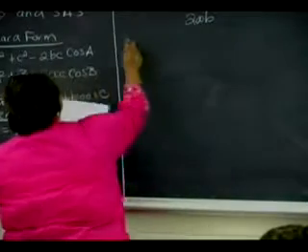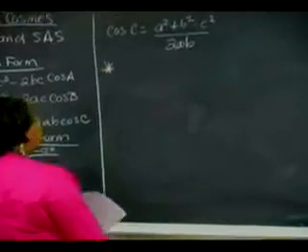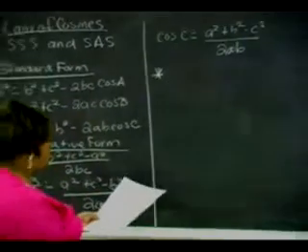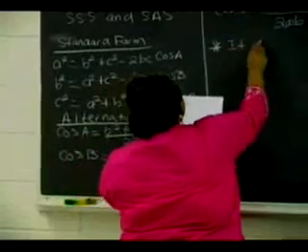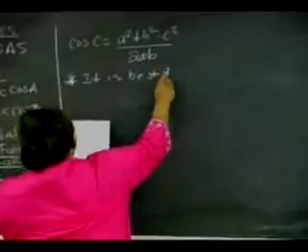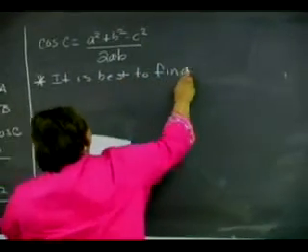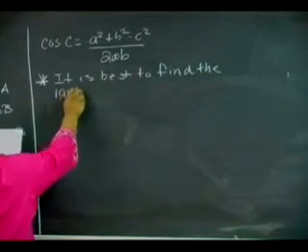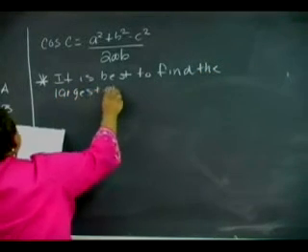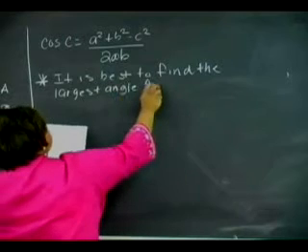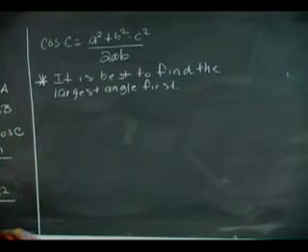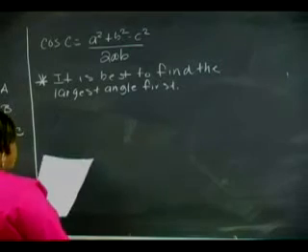So, as a note, when we use the law of cosines to help us find the other components of this triangle, it is going to be best to find the largest angle first. Okay? It's best to find the largest angle first